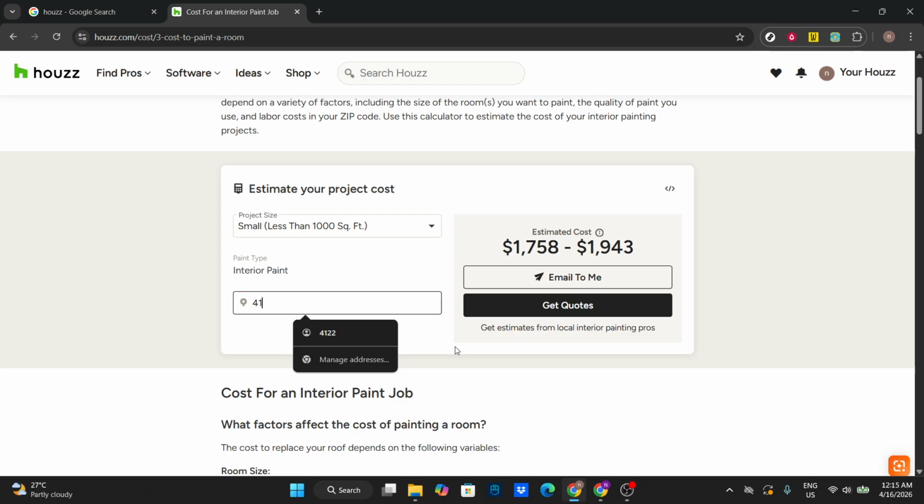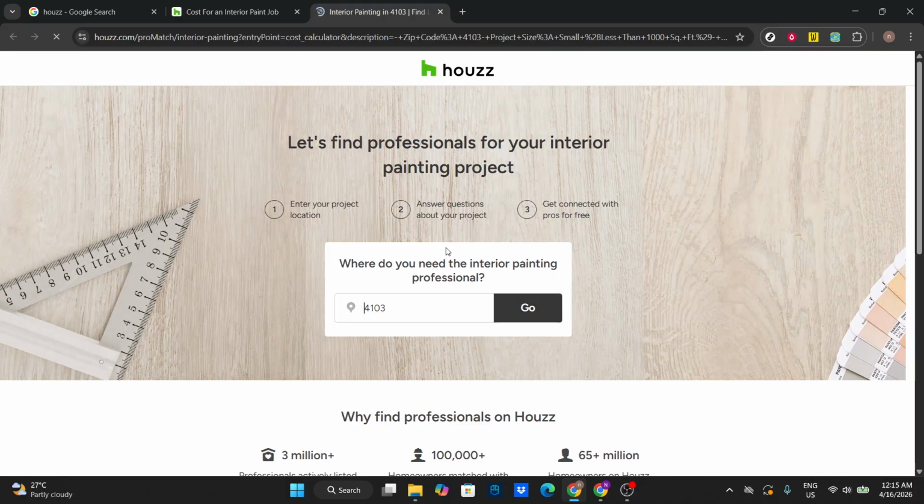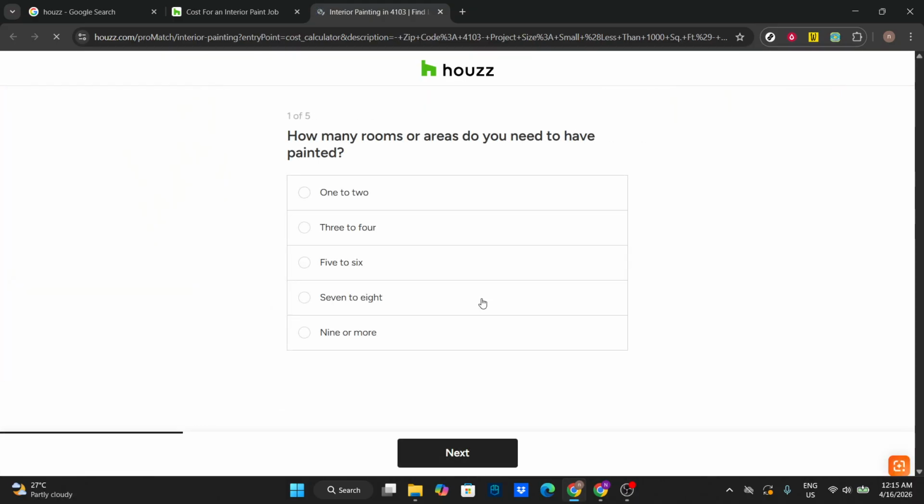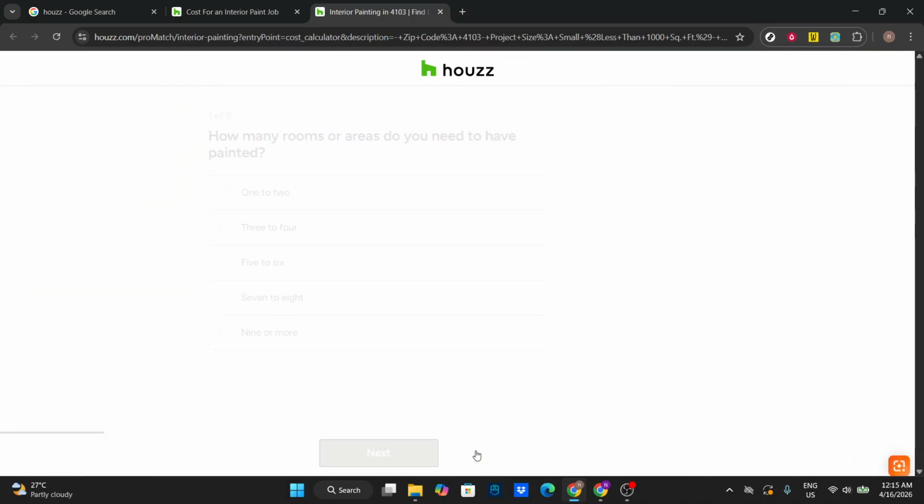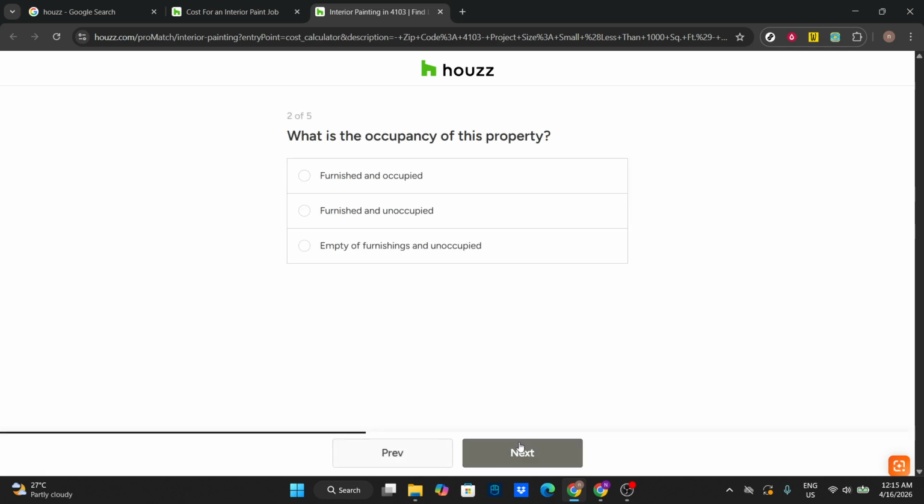You'll also be asked whether price or quality is more important for this project. Select the option that best reflects your priorities. Continue through the remaining questions that appear. These follow-ups are designed to capture useful details, and the more accurate your answers, the more tailored your estimate and pro recommendations will be. As you complete the questionnaire, the cost range will update to reflect your inputs and